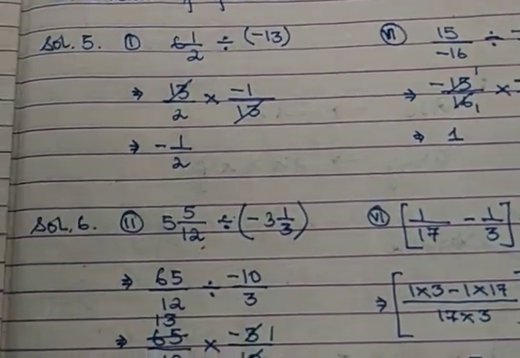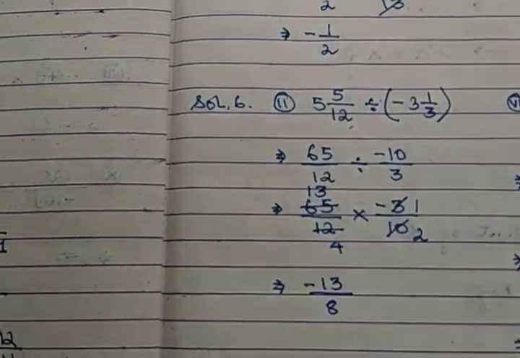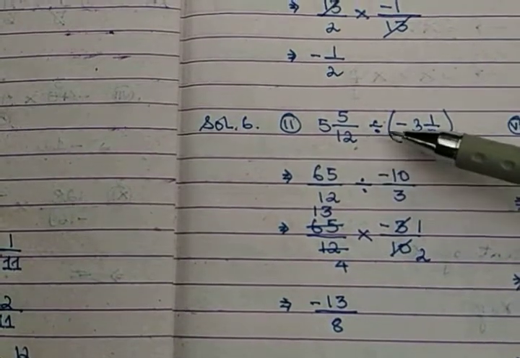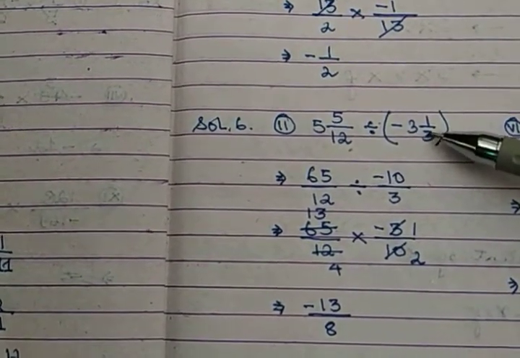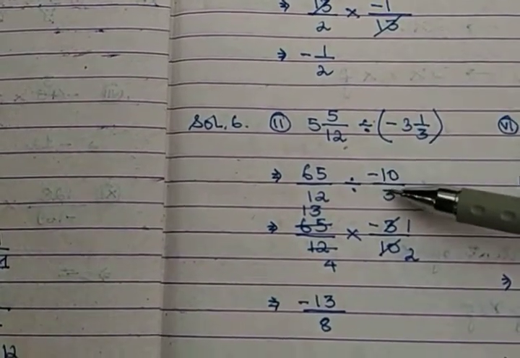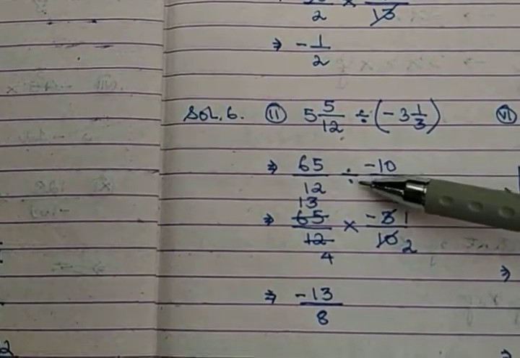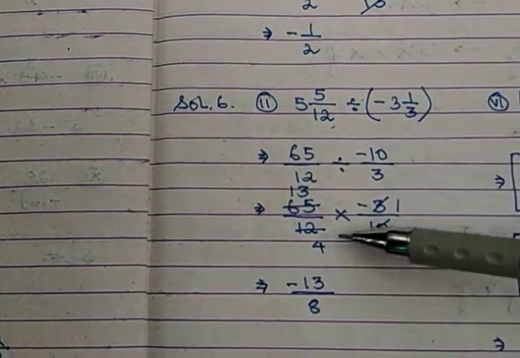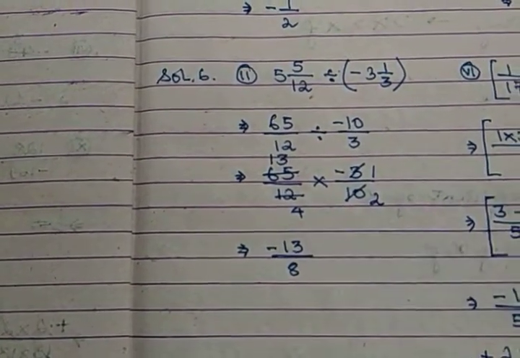Is it okay? Okay. Now for the next question, I have picked from question number 6 to, that is the mixed fractional form again with a bracket, division with a bracket, a term inside the bracket, and again a mixed fraction. So I've converted the mixed fraction to improper fraction first, then converted the division sign to multiplication sign, reciprocated the second term, cancelled all the terms, and got my answer as minus 13 divided by 8.